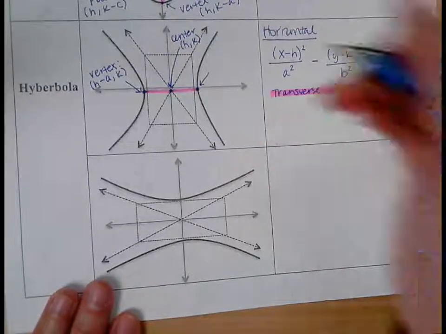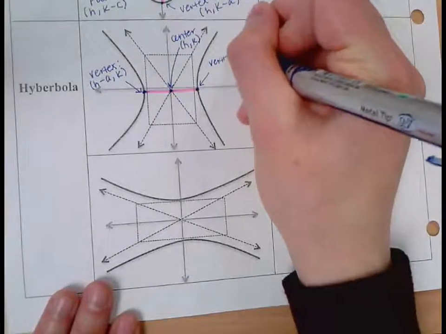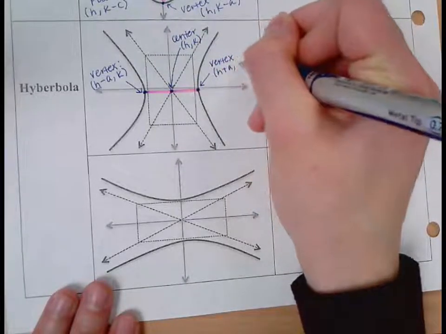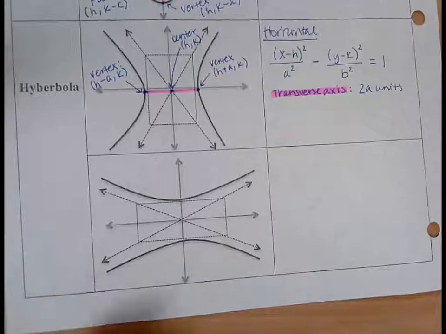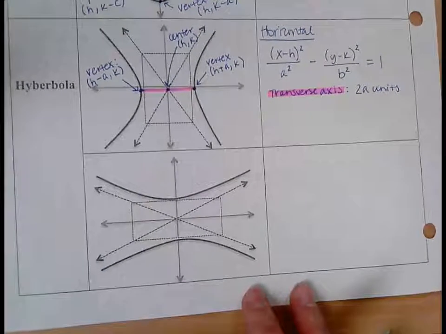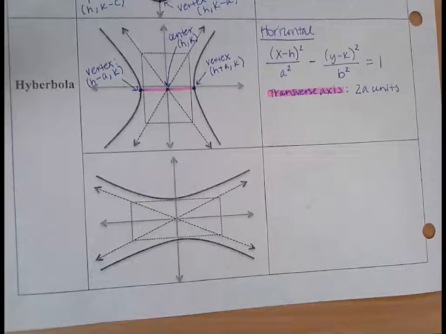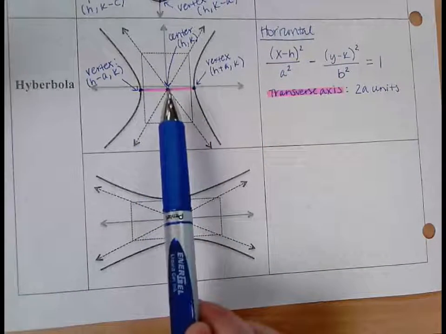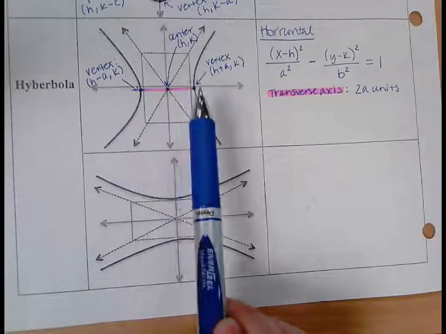And then the right vertex, the x-coordinate is h plus a, and the y-coordinate is k. So a, again, is the distance. This is just like for ellipses. a is the distance from the center to a vertex. So if your hyperbola is horizontal, you would go to the left a units and to the right a units